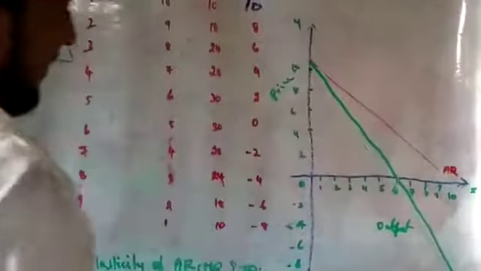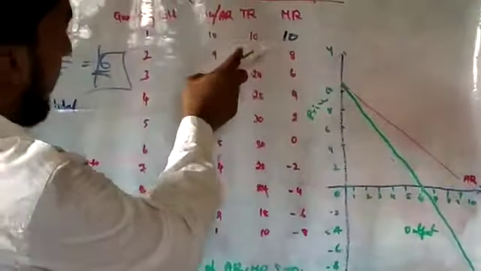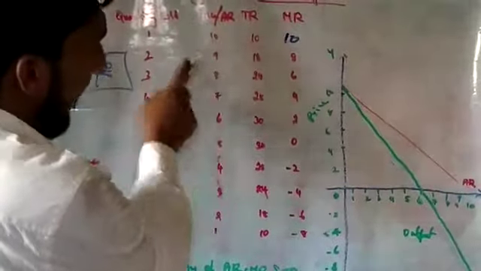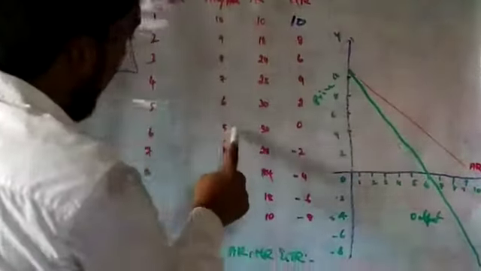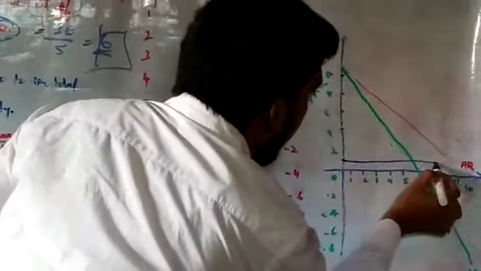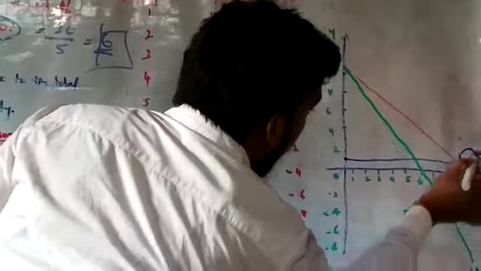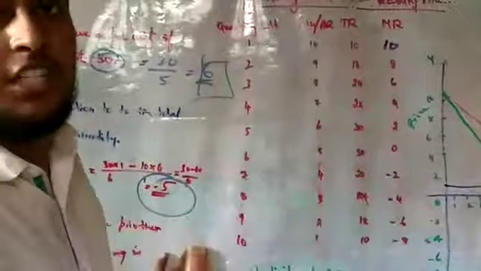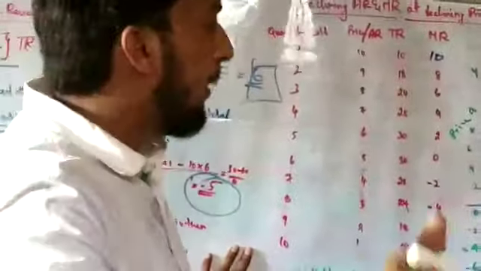Now we will draw the diagram. X-axis we have put as output, Y-axis as price. Okay. We have given the output, we have given the price. See, for AR: 10, 9, 8, 7, 6, 5, 4, 3, 2, 1. It's coming here, right? See here, it's coming here. It's coming around here. Right? This is the AR. So AR is coming down, sloping, but it never comes to 0 and it never declines below